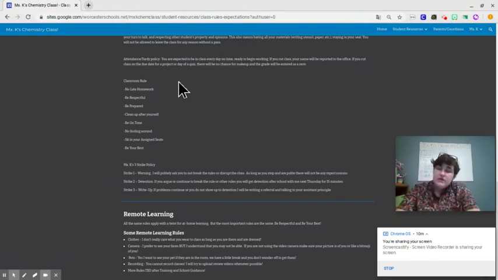Right now, these are the main rules that we've been discussing with the district. But obviously, as we start learning about remote learning and as we start getting into it, some things might have to change. So just keep that in mind that as the year goes on, I might make adjustments to make sure our class is running smoothly.